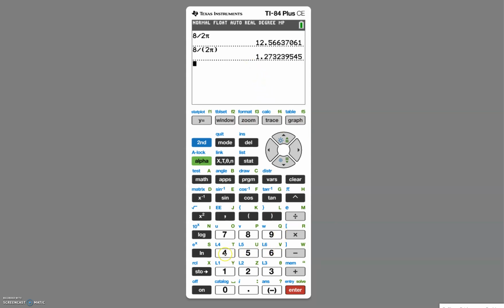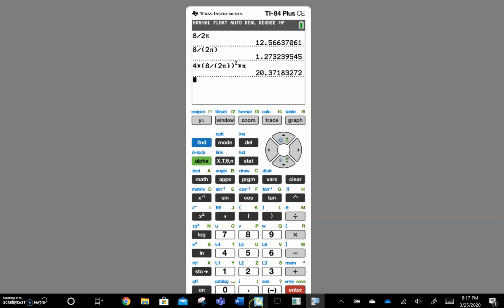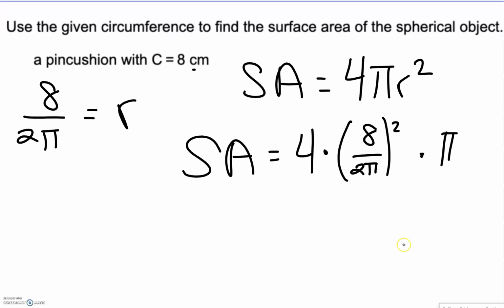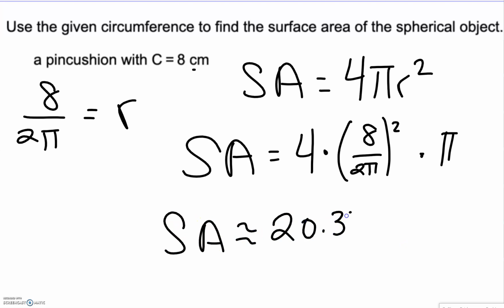So let's try this again. It's 4 times our radius, which is 8 divided by 2 pi, squared, times pi, and we get approximately 20.37. So surface area is approximately 20.37, which is approximately 20